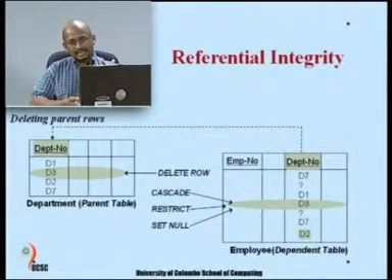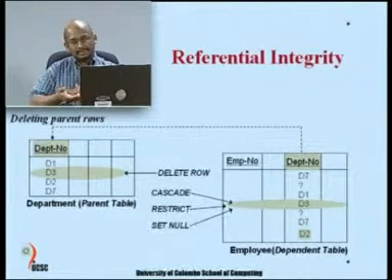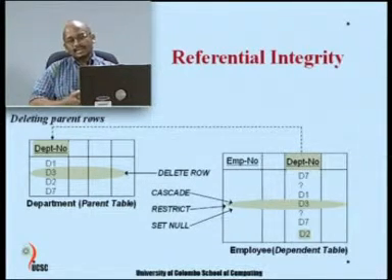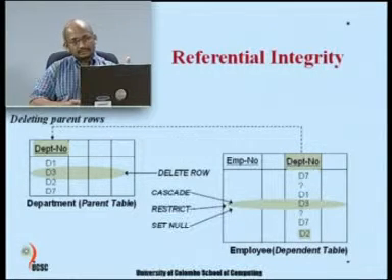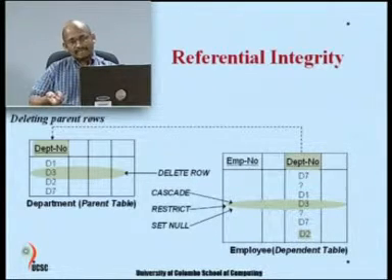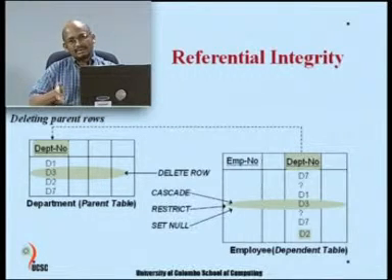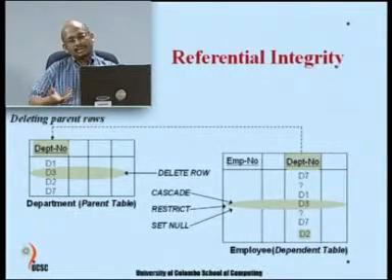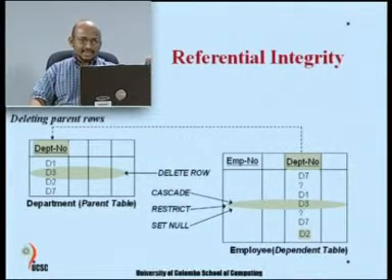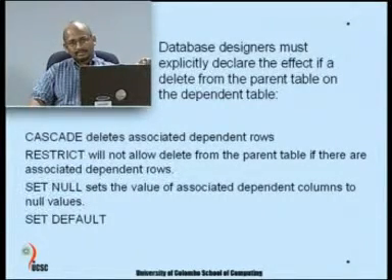If you say restrict, then it will not allow deletion until you do something for those employees in the employee table. That means you can go there, assign them to a different department, and then come and delete. The other option is to automatically assign them null values: you do not assign them to a different department, you delete the record of the department and put null values in the matching records, then later on you can assign them to the respective department. Those are certain actions that can take place automatically through this constraint.